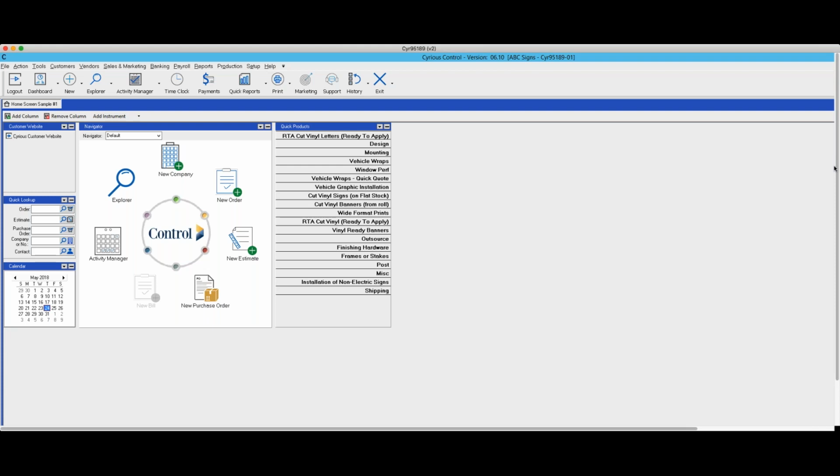And when I look at those with the client, a common denominator is that they did an initial estimate or initial order for the larger quantity, but then